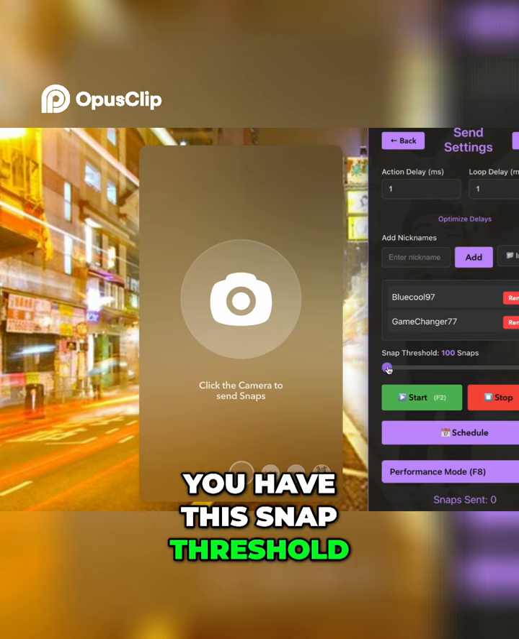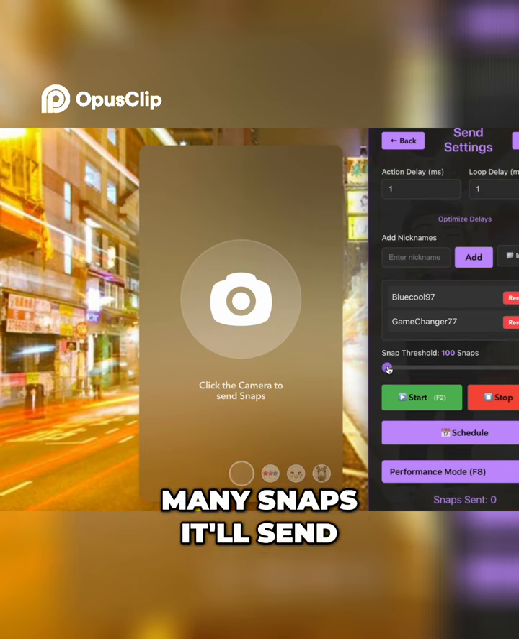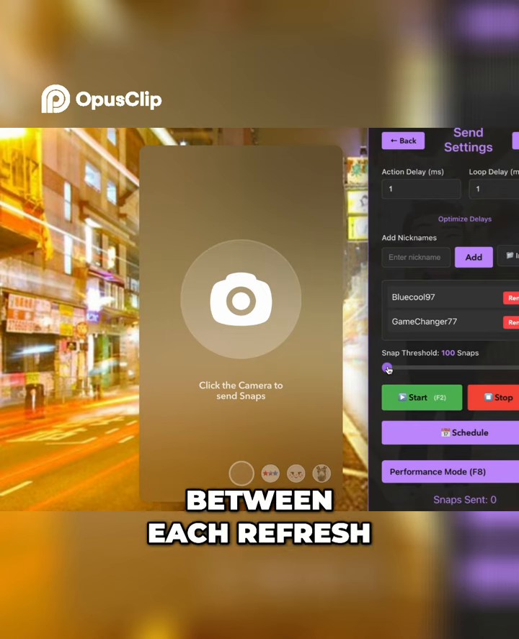So then down here, you have this snap threshold. Now, snap threshold is how many snaps it'll send between each refresh. So this